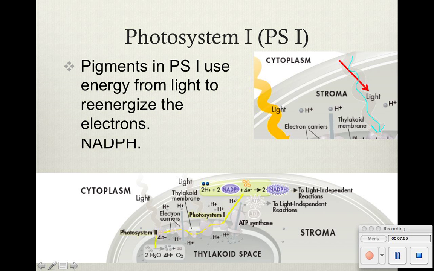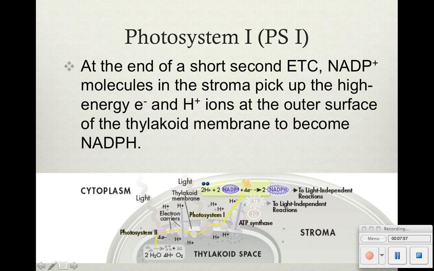All right, so by the end of this short electron transport chain, the NADP plus carrier molecule in the stroma, it's located in the stroma, okay? It's going to pick up those high energy electrons. So we've had electrons go through this transport train. By the time they got sent to photosystem I, they got excited again from light. All right. And so now they're going to continue on, and they're going to be picked up by NADP+,